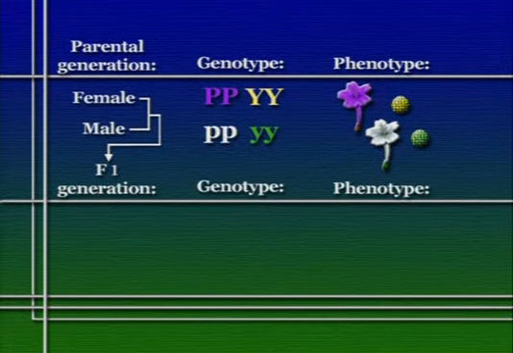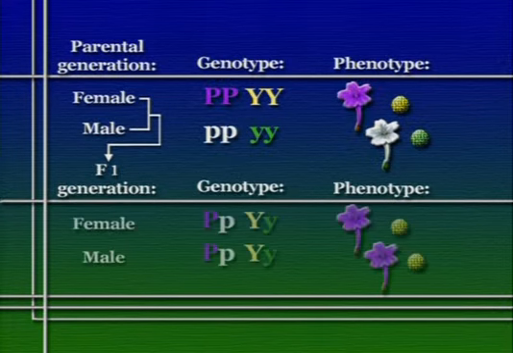You would expect that all of the F1 generation, that's the offspring of those parents, are going to have purple flowers and yellow seeds. In other words, all of those F1 individuals will express the dominant phenotype for both characters. This is because we know from what we talked about last time that they all have to be heterozygous for both characters. We know that they received the allele for purple flower color and yellow seed color from one parent, the mother in this example,